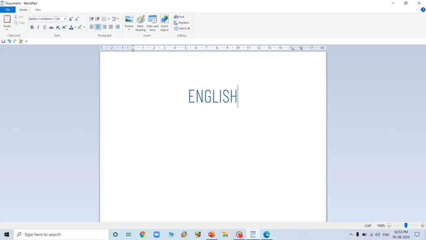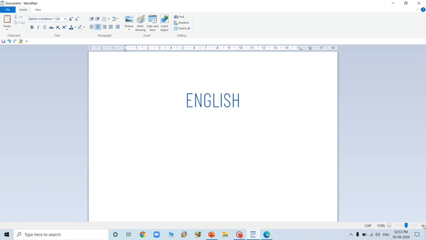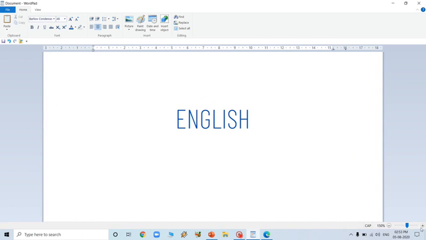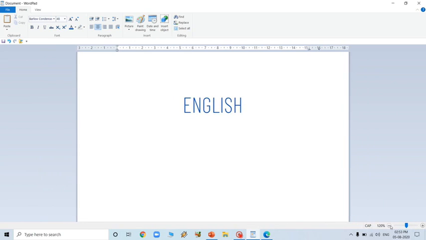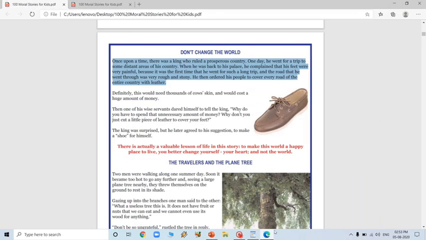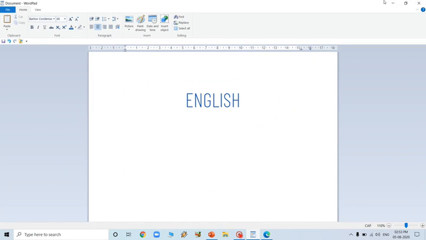You can press F1 for help. If you want any help, you can press F1, and from here you can increase the size of the page. You can decrease the size from here. After that, three more important buttons. The first one is the minimize button. Just press it, it will minimize.